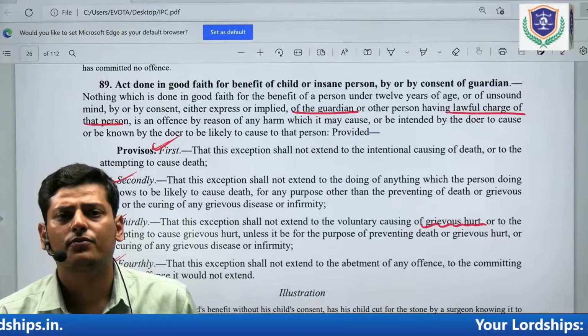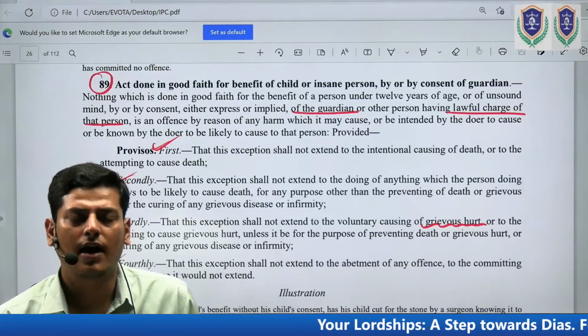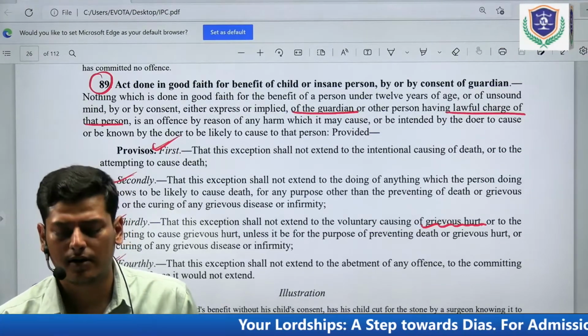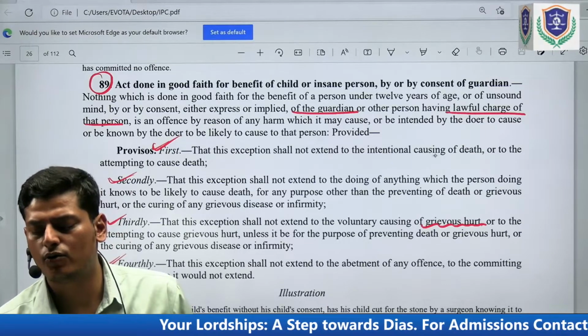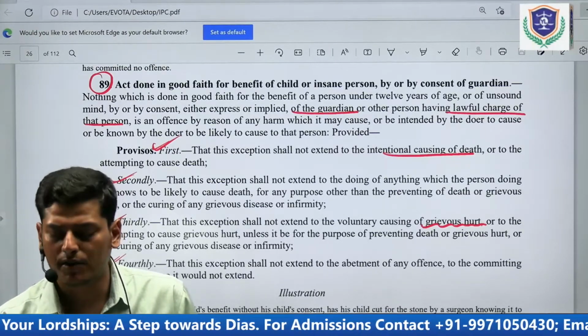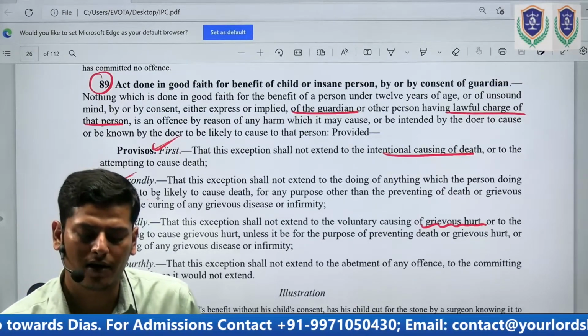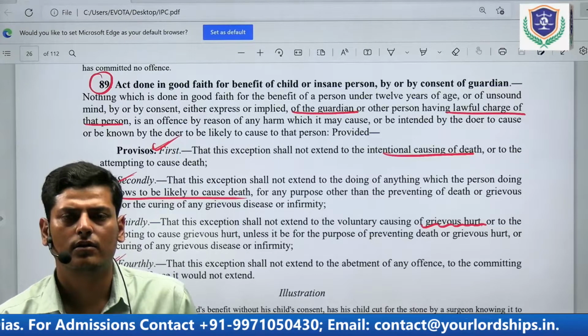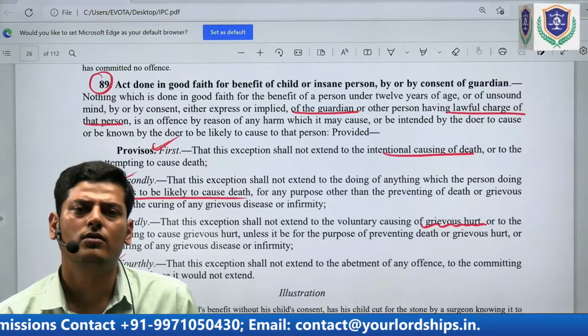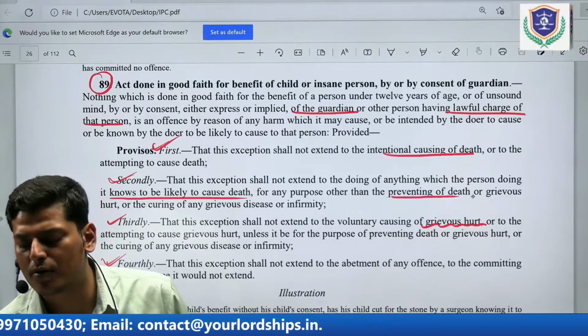Similarly, this section is also attached with provisos. Proviso says that this exception shall not extend to the intentional causing of death. Very well, we know that. This exception shall also not extend to doing of anything which the person knows to likely to cause death. So intentional or knowledge, both the things are covered for any purpose other than the purpose of preventing death or